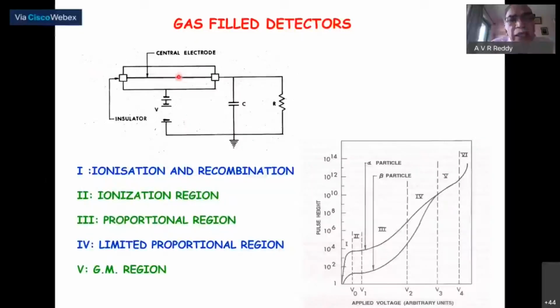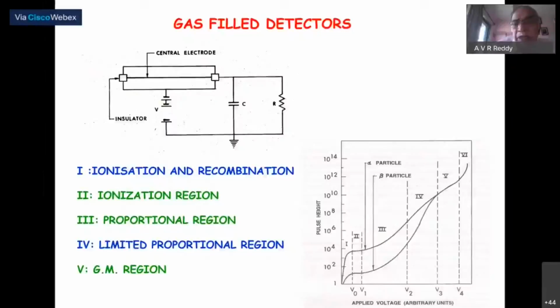So how to get the signal? Then the role of voltage comes in. Because of applying this voltage, electrons will be pulled towards the central wire and positive ions move towards the cathode, that is the body. Then accordingly, you generate a pair of charge carriers, and you get a charge. Electrons will start moving to the anode, so you get a charge here. So the purpose of this voltage is not to allow recombination of the initial ions that are produced due to the interaction of radiation.